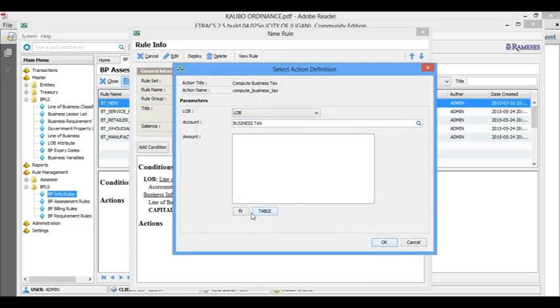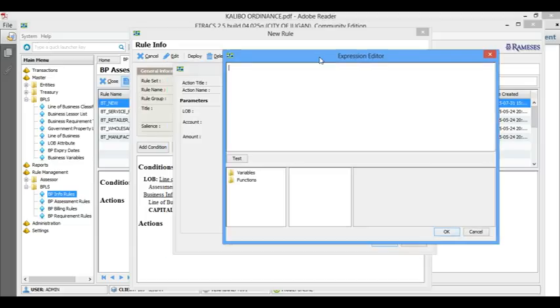Okay, now we'll choose, there are two options here. Either you use a formula or you use a table. Now for us, we'll try to use the formula. Okay, so in the variables here, you click and then you check on the capital here. The capital must be there. If it's not there, then the problem is you did not add the business info. So since it's there, we'll just do a capital here.